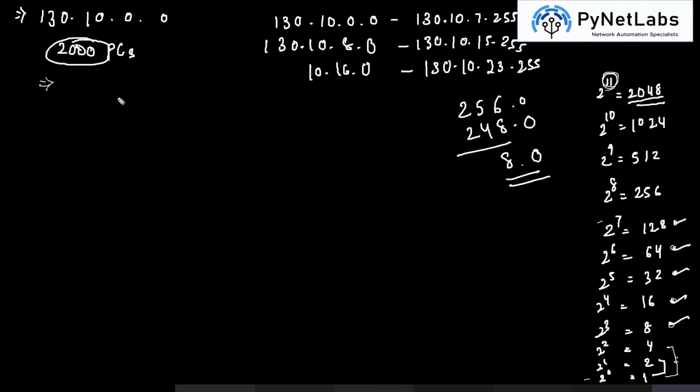The question we have is how to get 7.255. So you are asking me how to get the first range, or how to know whether the range shall end at 7.0 or something. In that case, you can simply use your subnet mask, where the subnet mask for this was 255.255.242.0.